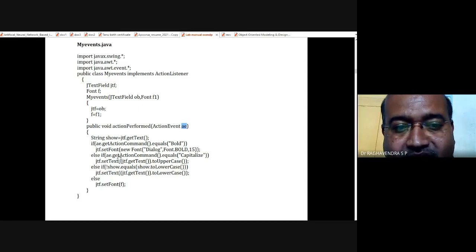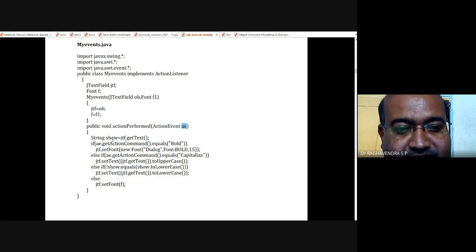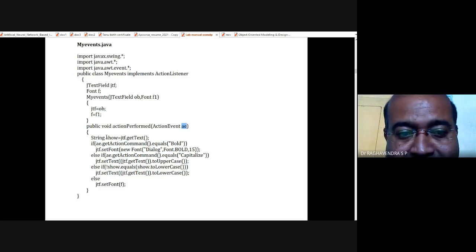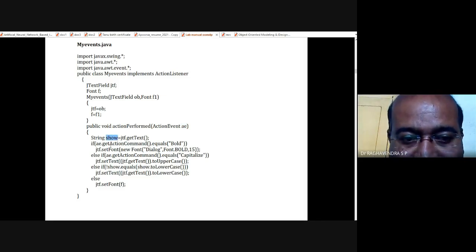So what is the code written here? String is a data type, show is once again an object, which is equal to JTF.getText. Whatever text is present inside the text box will be copied into another variable, another object called show.